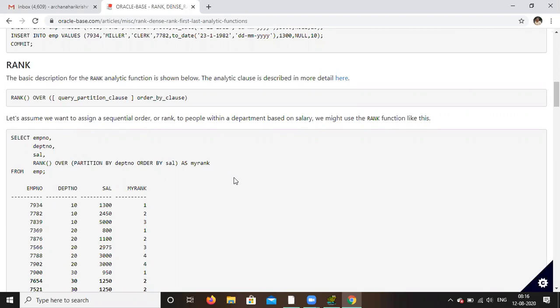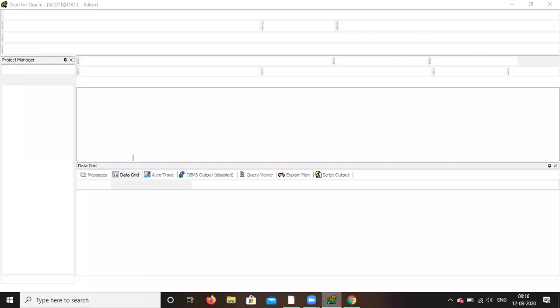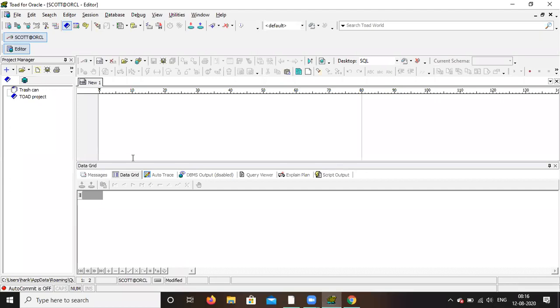You can open your code and write the topic: analytical functions. First one is rank. Number one, rank.